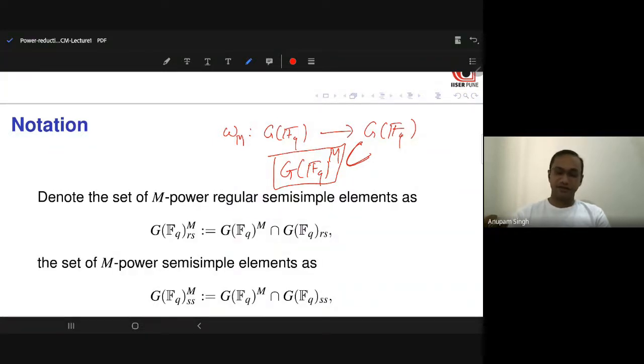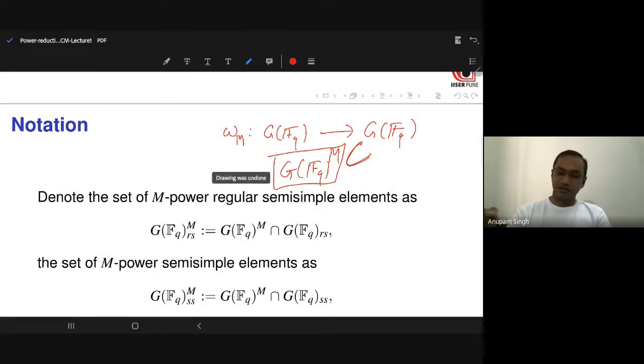Can I find something about that? Can I prove that, or can I ask that question? In general, the power maps are not going to be surjective here. So we have to look at a more refined version. We can ask about certain particular kinds of elements, whether those kinds of elements are there in the image or not, right? So for that, I'm going to set this